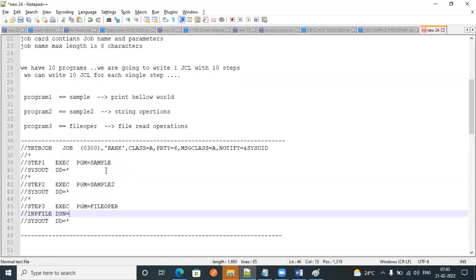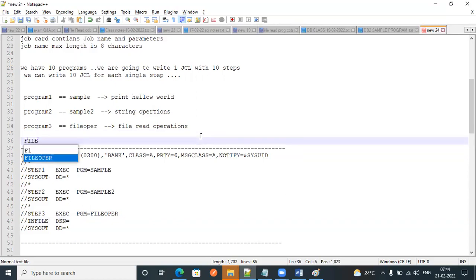So what we are going to do is keep INFILE DD DSN. What is DSN here? DSN is nothing but dataset name. We used to call them files, but going forward we will call it a dataset name. Dataset name or file, both are the same, but in mainframe terminology we always call it a dataset name.